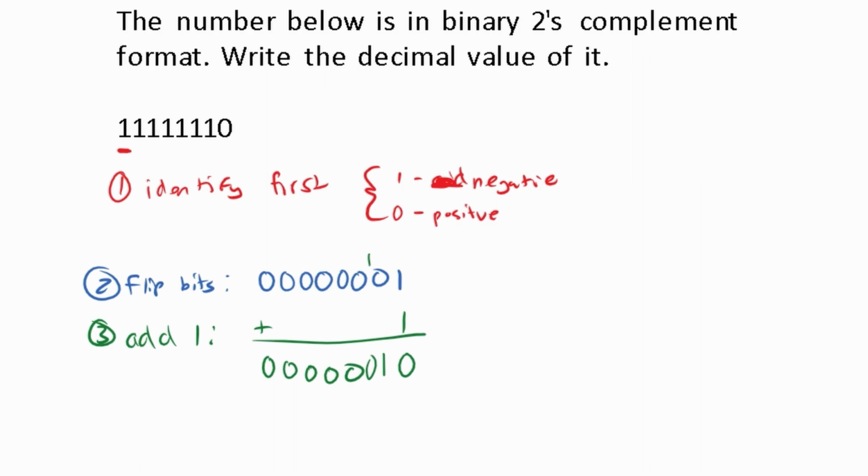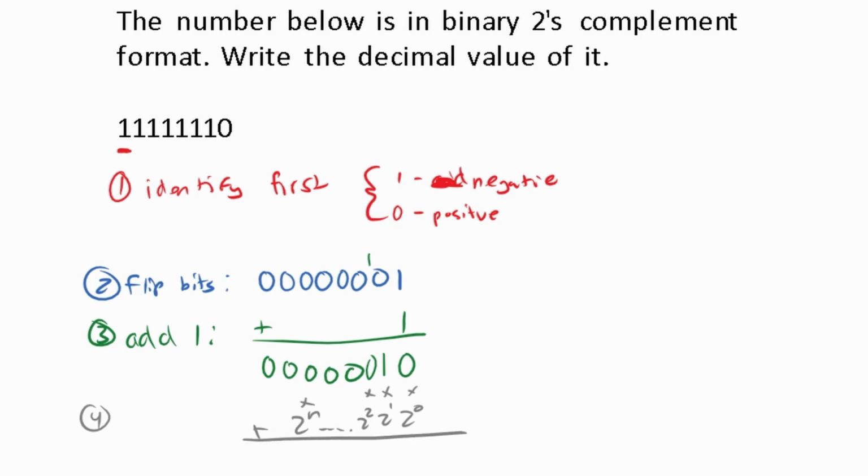Now step 4 is to just finish. Let's actually do that in a different color. So step 4 is going to be our last, and it's basically just, you have your 2 to the power of 0, 2 to the power of 1, 2 to the power of 2, and so on and so forth, 2 to the power of n, right? And so you're going to multiply whatever you have here,